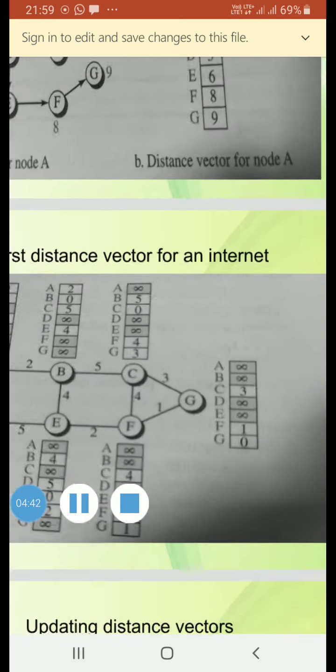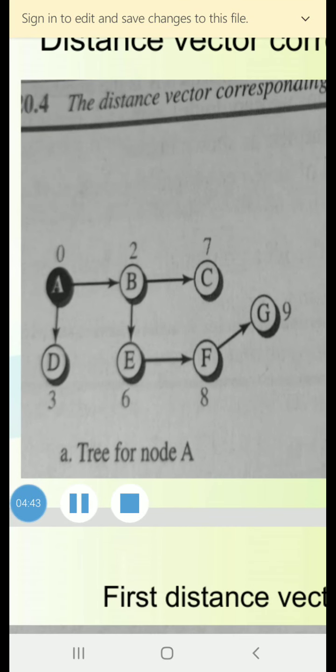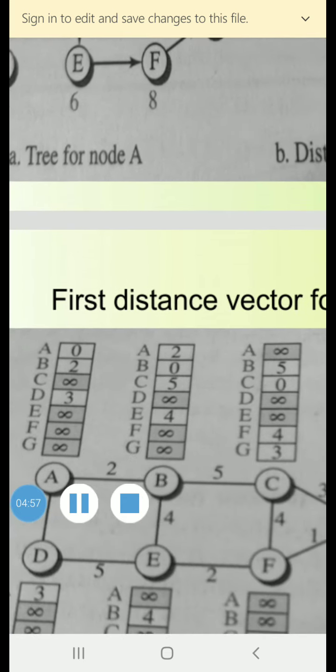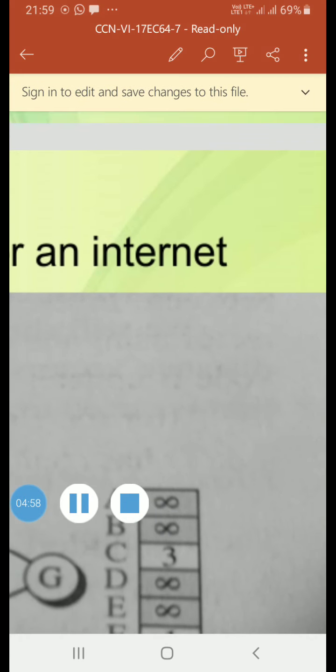So you can see here the first distance vector. This is a diagram showing the first distance vector for all nodes in an internet.